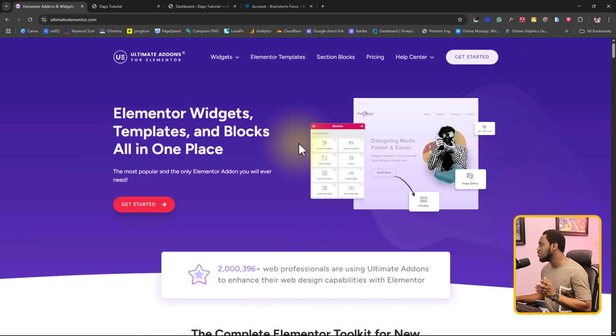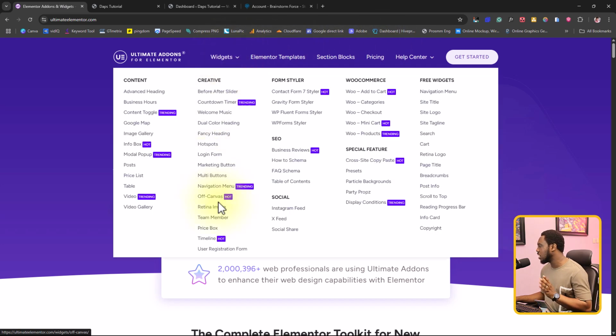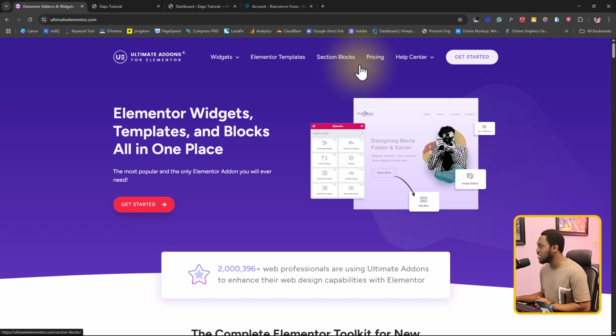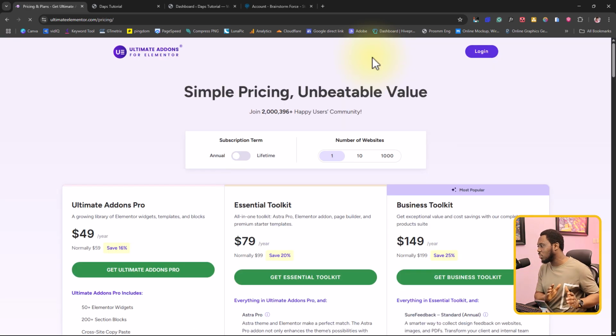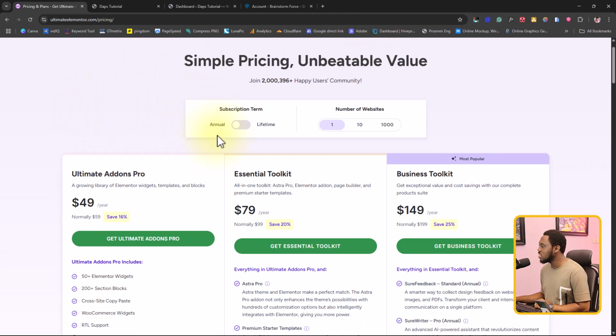This plugin is a freemium. It has the free version and also the paid version. You can just come here to see all the widgets that you're going to have. Maybe I'm going to show you that really inside of Elementor, but if you come to pricing, like I told you, you have the free version and also the paid. So whatever you see here is the pro version. I will show you both plugins and what you can do with the two, and when you might need to have the pro. For the pro, you can see that for an annual license with just one website,